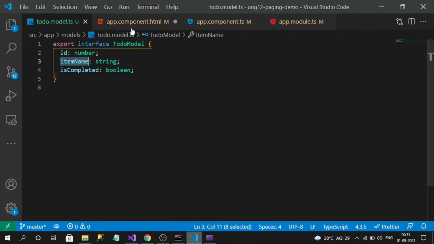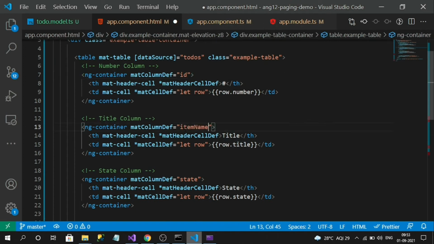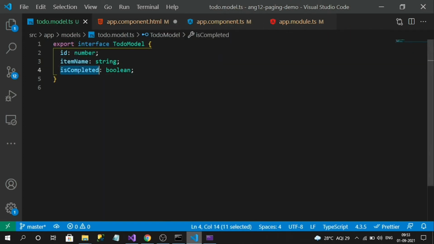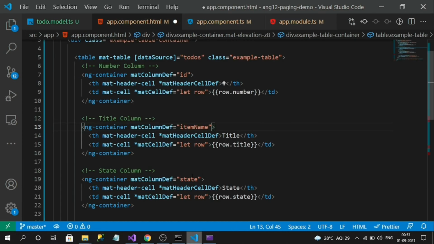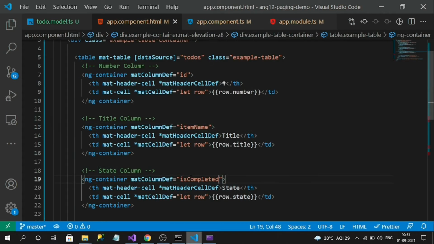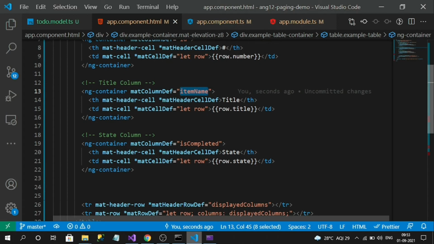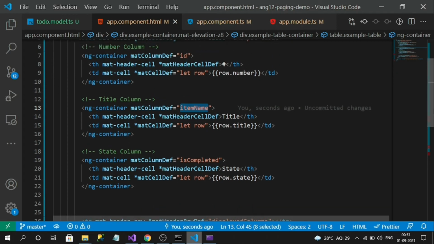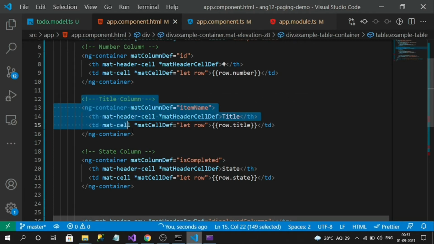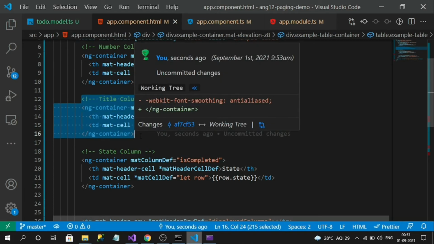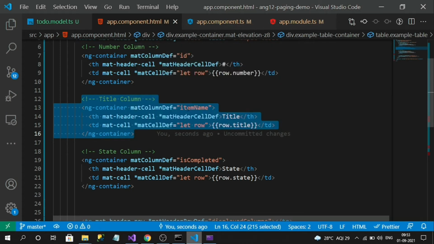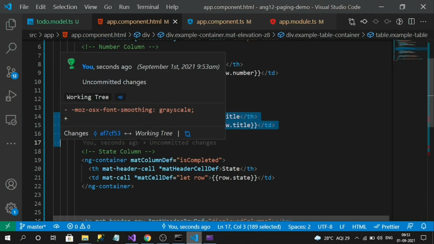So second one is like item name, and third one is like is completed. Okay. And these values, what we have defined for mat column definitions, will be used for rendering the column dynamically. Means if you don't want to display this one, we can do that. Okay. So if you don't want to display the item name column in the table dynamically, we can do very